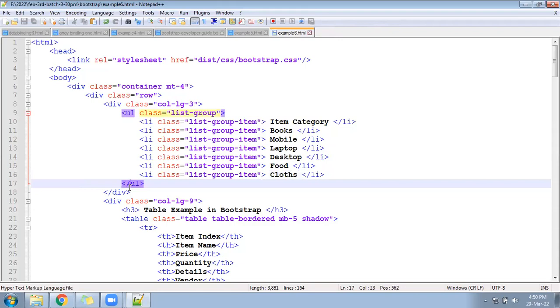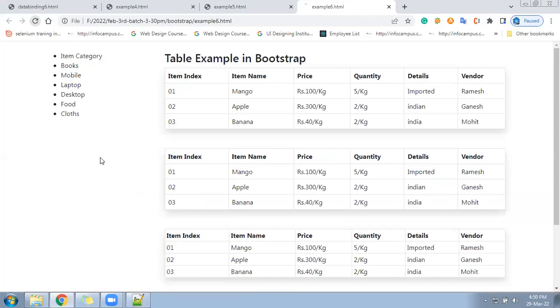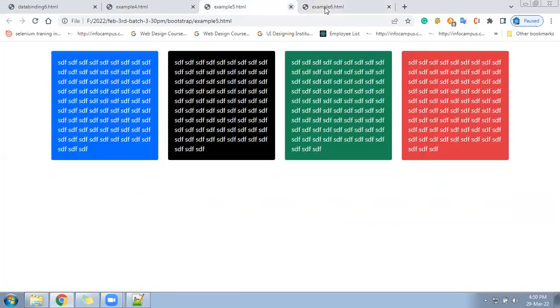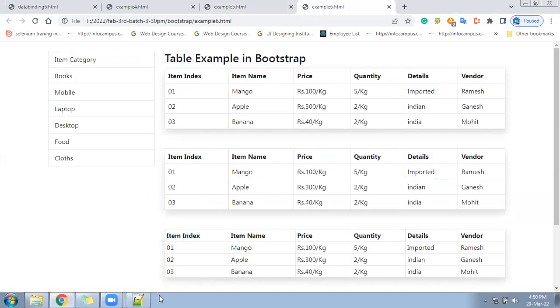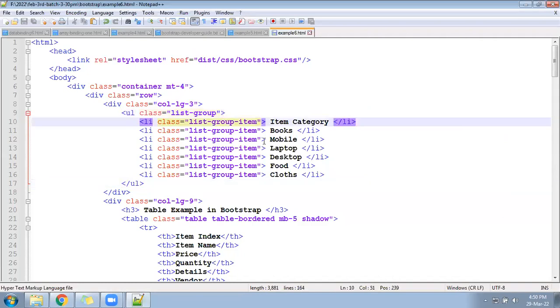Okay, hope ready. Check now how that appears. It looks like this. In this also we can apply one particular item as active. The first li, apply one class called active class. So these all are the names of the classes. We will make a note. Table we have made the note. The remaining, this also we are going to make a note.